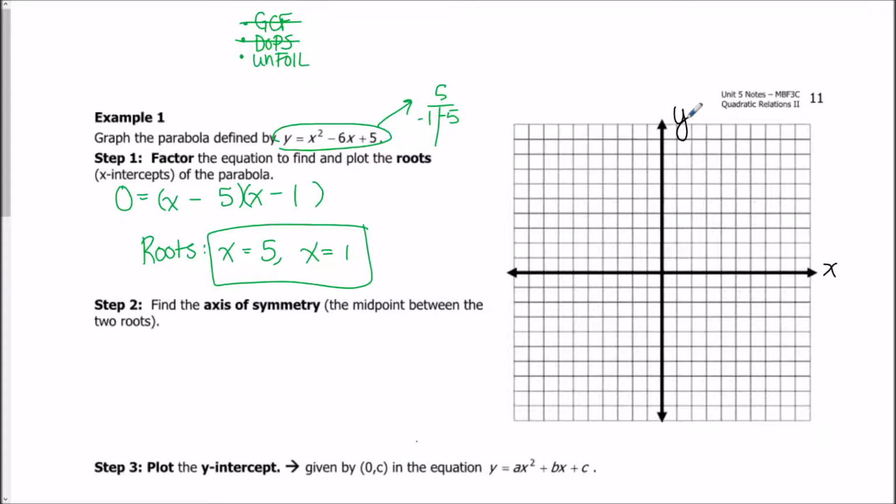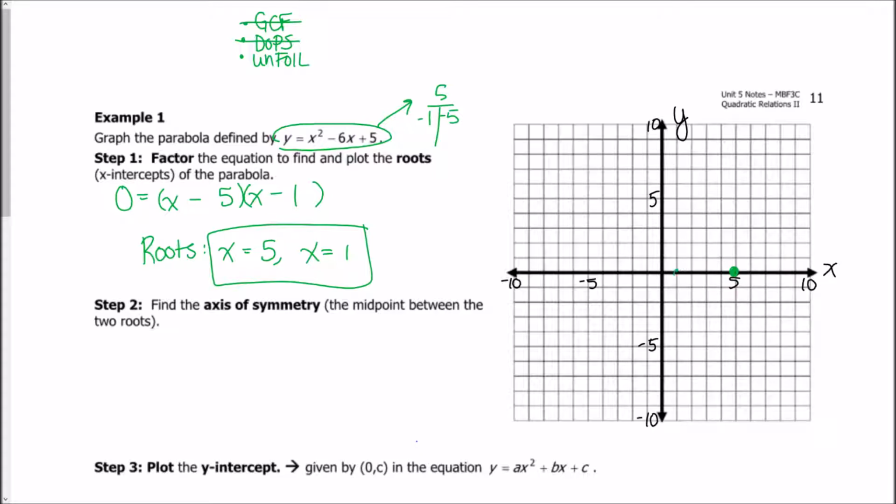So my roots are 5 and 1, so I'll just go by 5s, or go by 1s. So 1, 2, 3, 4, 5. I'm not going to label every single one, but each block represents 1. So I've got negative 5 here, negative 10 here. So 1, 2, 3, 4, 5 here, 10 here, 1, 2, 3, 4, 5 here, negative 5, and negative 10 there. So my two roots were at 5